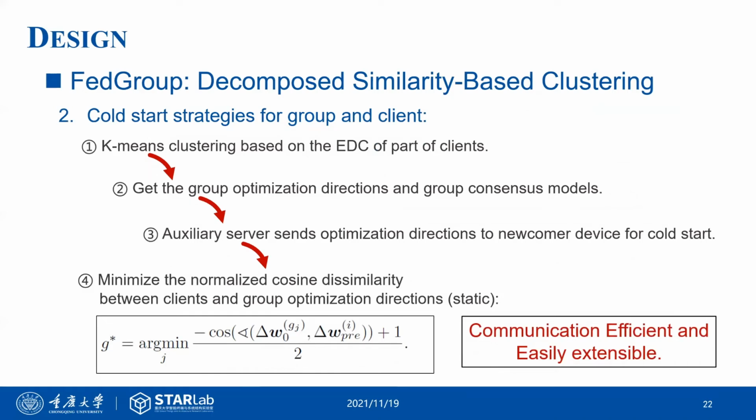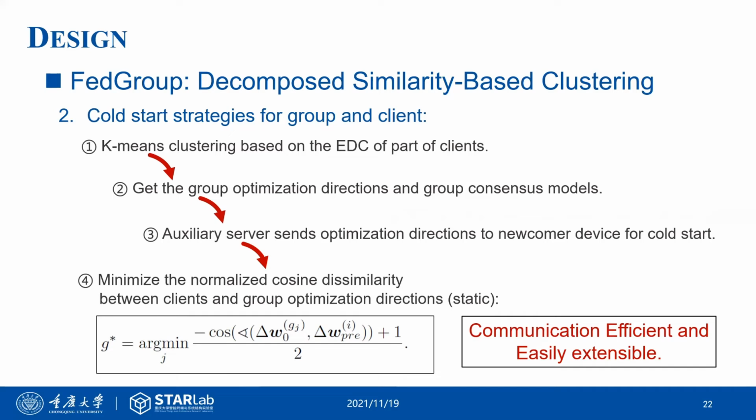We also design a new cold-start strategy. Before model training, we need to determine the optimization directions for each group. We use k-means to cluster clients based on EDC and get a mean optimization direction for each cluster centroid. Then the server saves these optimization directions for client